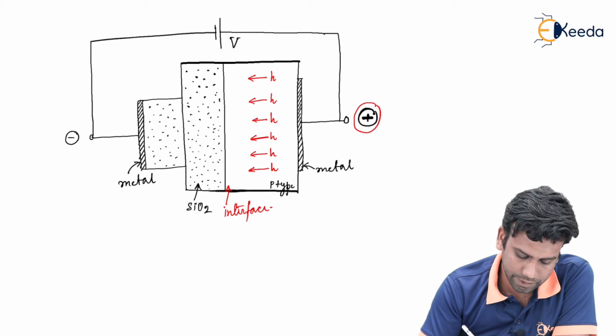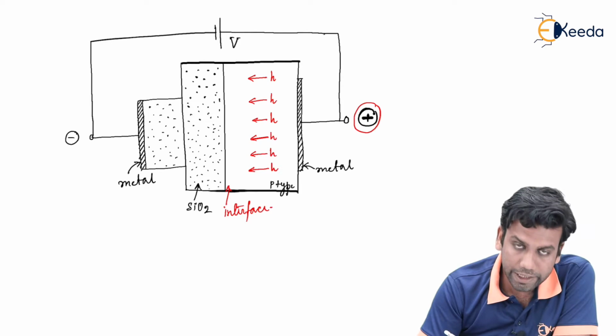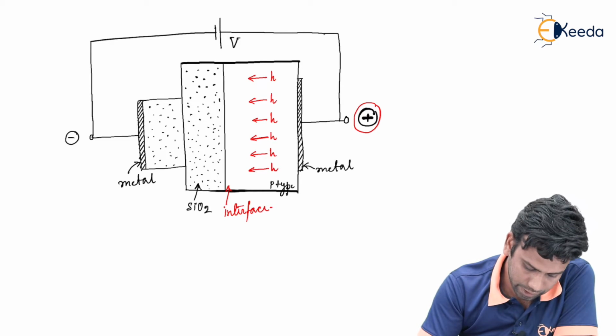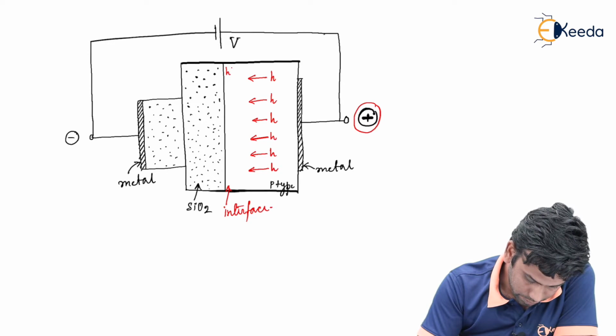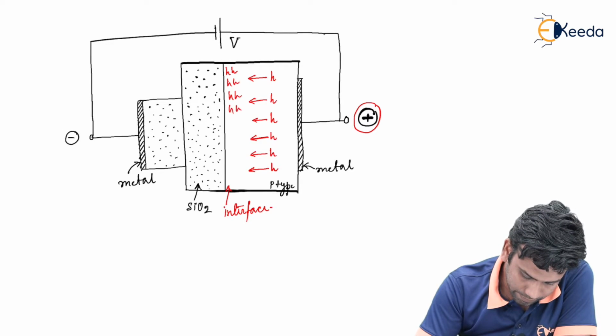But the holes, when they come to the interface, cannot move into the silicon dioxide. So they will accumulate at the interface